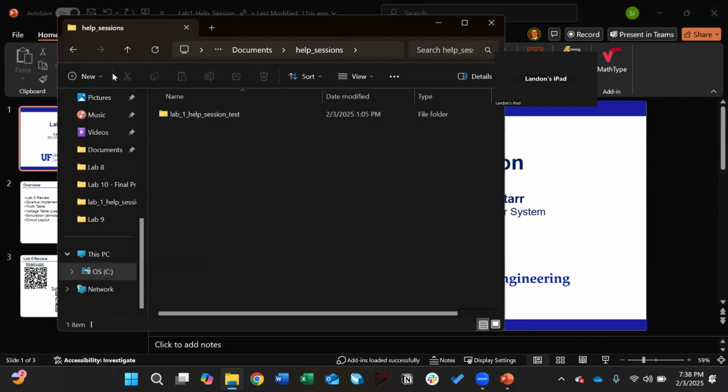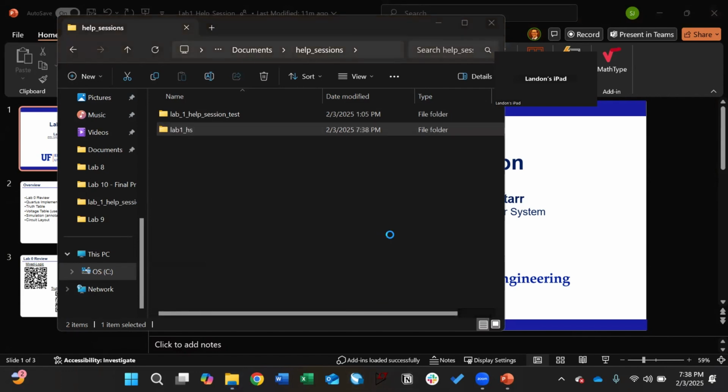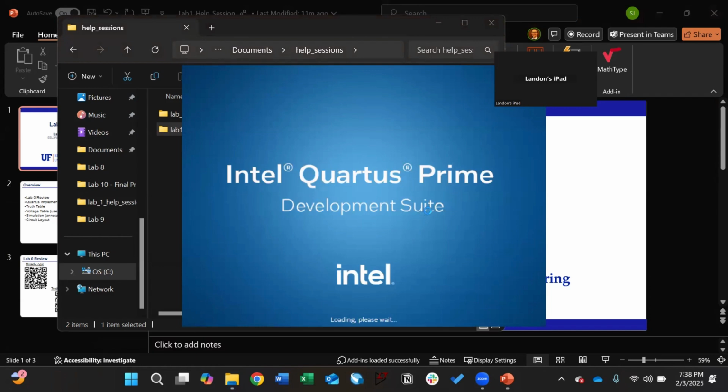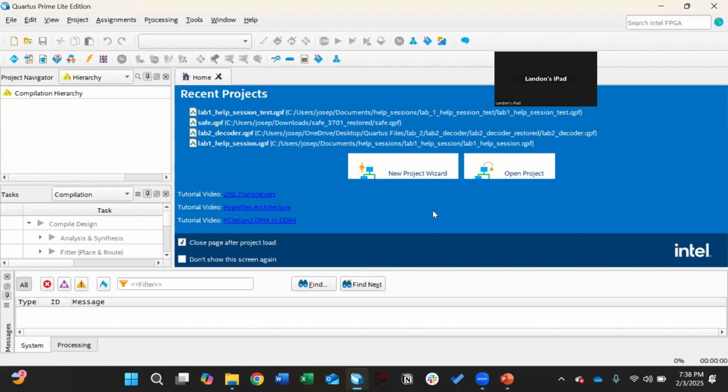Okay, so this was the folder I made earlier, but I'm just going to make a new folder, and this is going to be for my project because every project needs its own folder that Quartus can put all of its files into. Okay, so I'm just going to make it lab one and then HS for help session. All right, and then in Quartus, I'm going to try to go through these steps pretty slowly. I've had a lot of people with issues later down the line because these steps weren't followed properly. You can always pull up the Quartus tutorial to see exactly what steps you need to take. So if I press new project wizard,